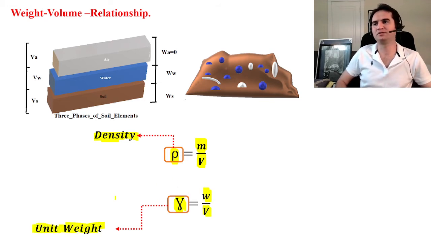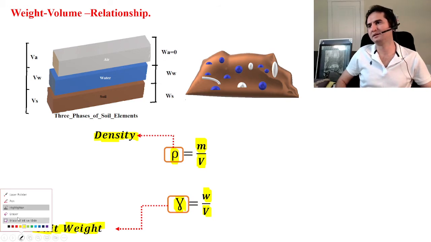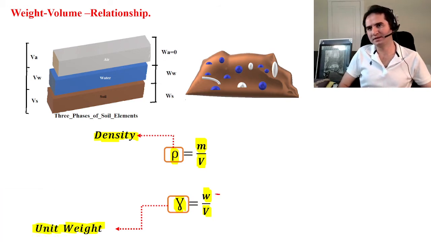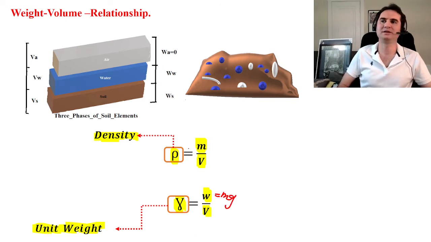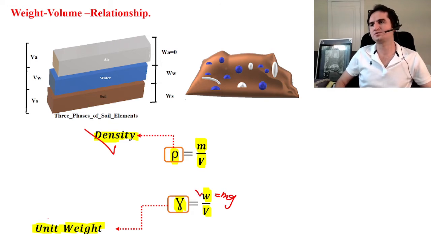Mass over volume goes by density. Mg, which is weight over volume, goes by unit weight or also specific weight